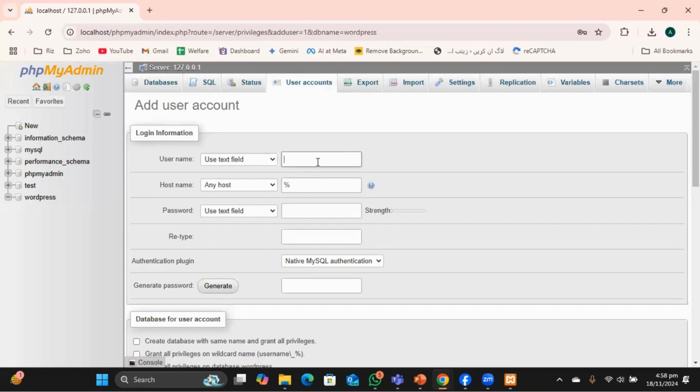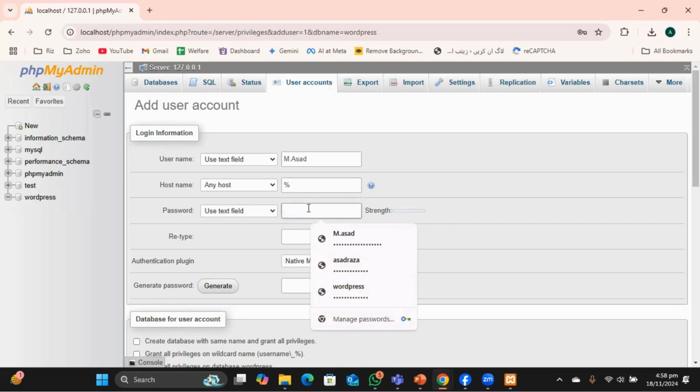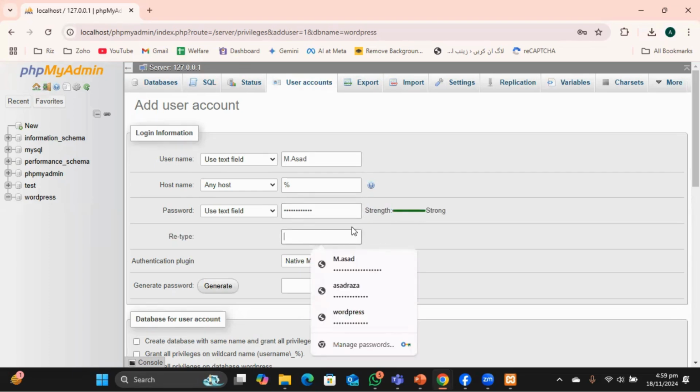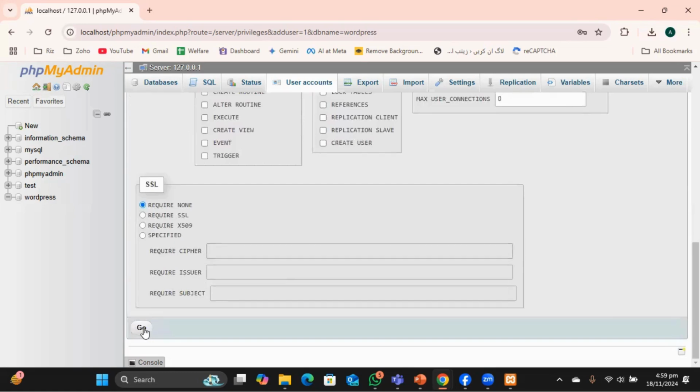So username, I use my name, m dot asd. Okay, so here I use a password, and I retype it here. So after this, click on this go button,